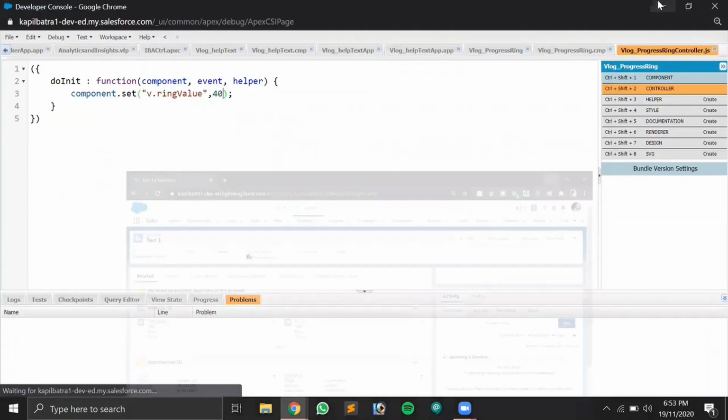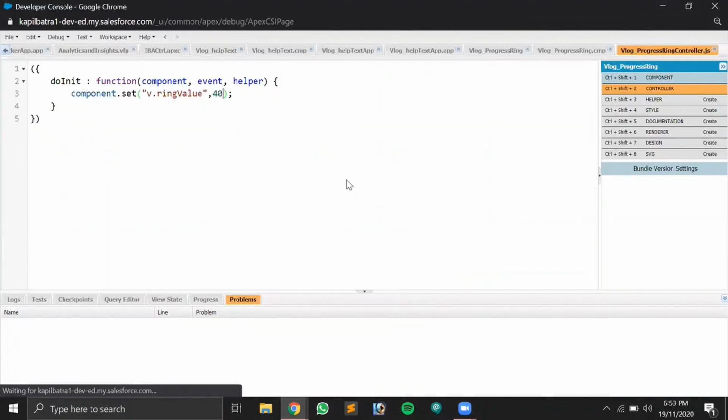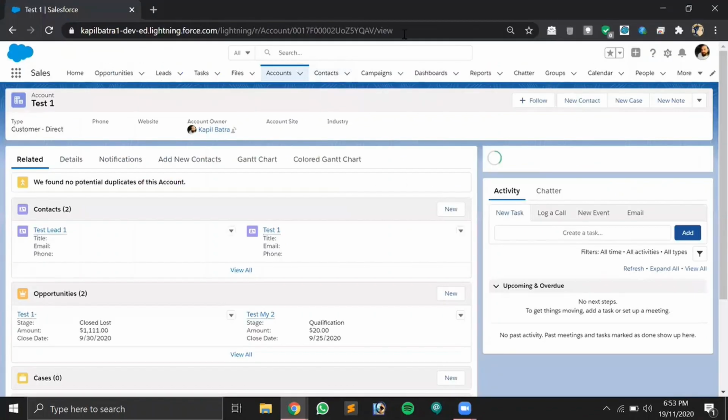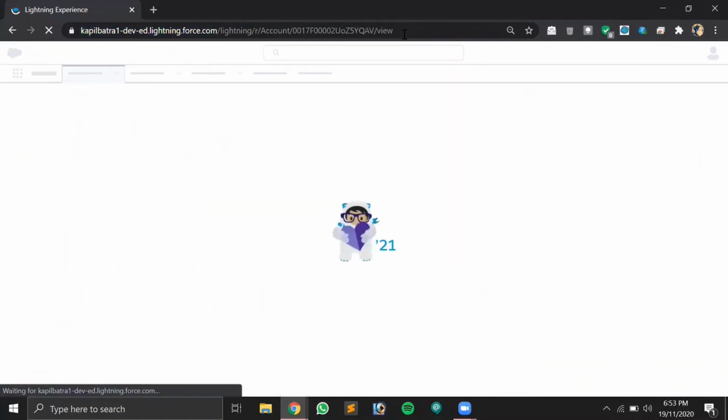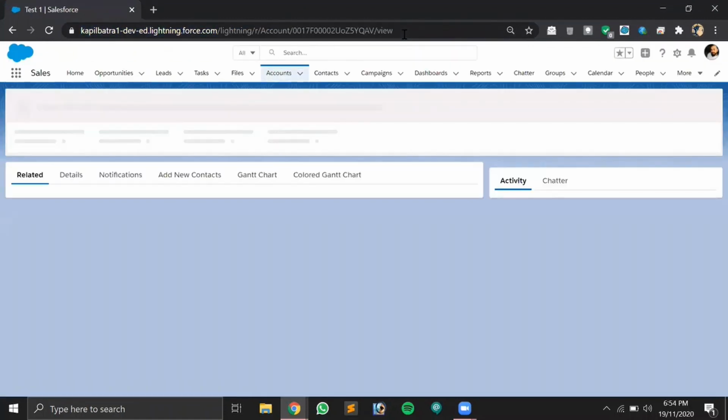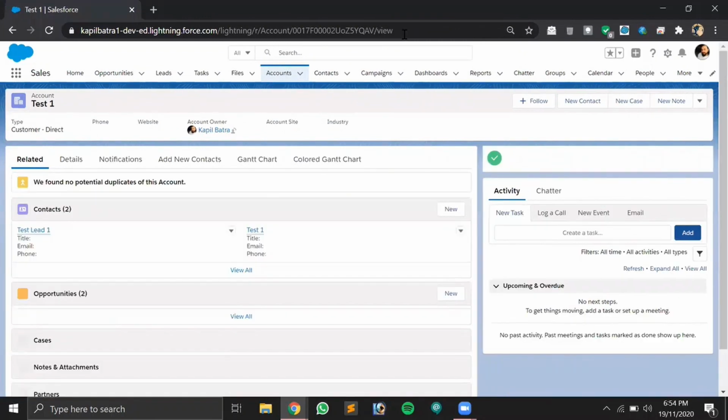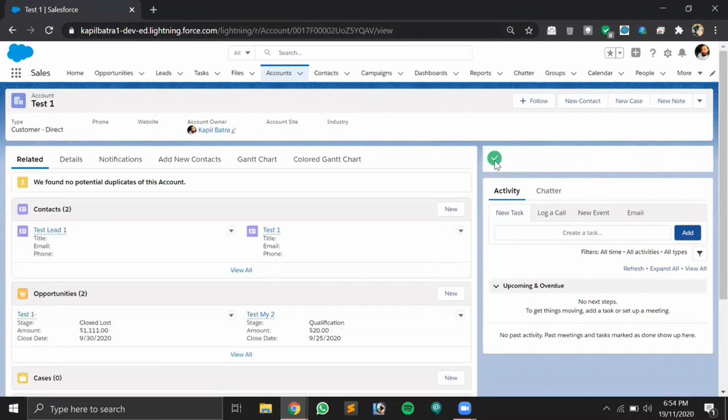And let's check out one more condition. There was one more condition if the value is 100. So let's change the value to 100 and refresh the page. So guys, if the value is 100, then in that case we are displaying the success variant of this progress ring. As you can see, there's a right sign, a success sign of this progress ring. So guys, that's how you can also display different variants of progress ring wherever you would like to display the progress instead of the percentage or instead of the number.